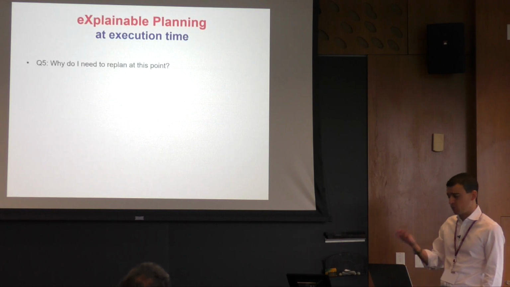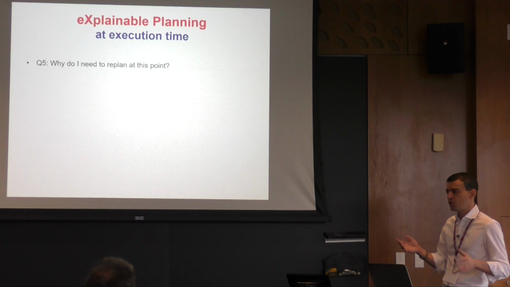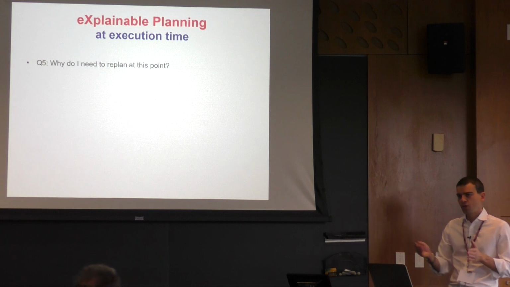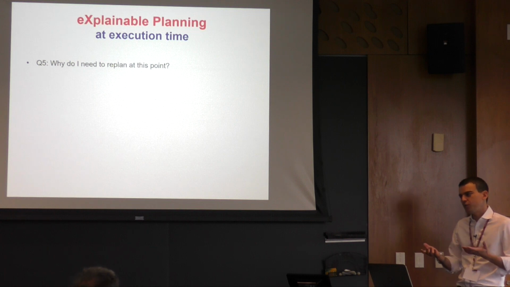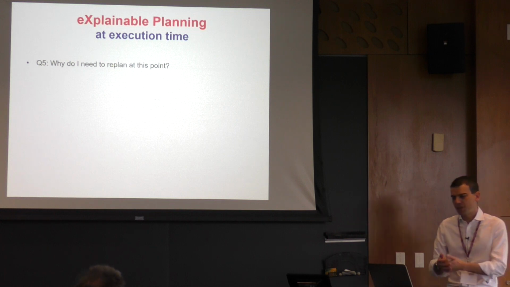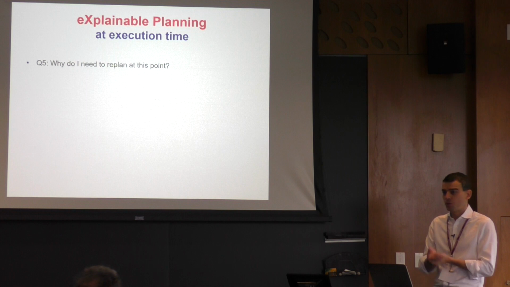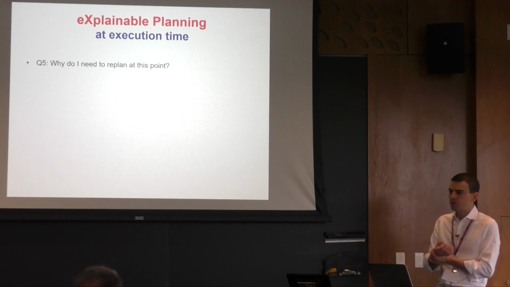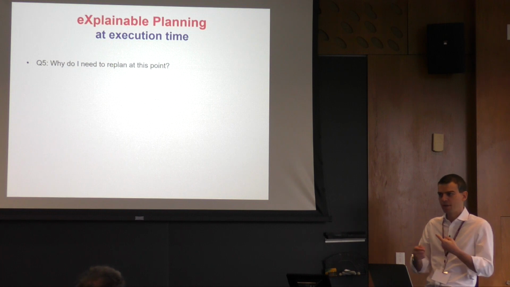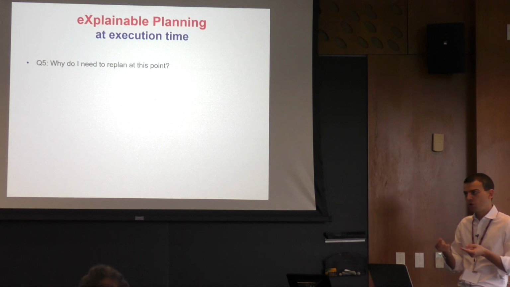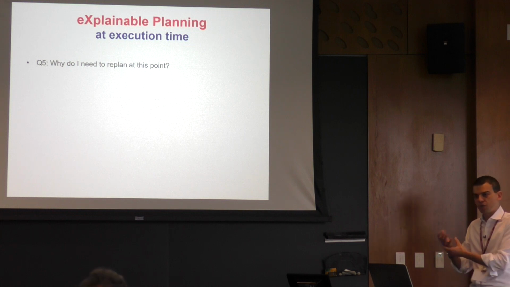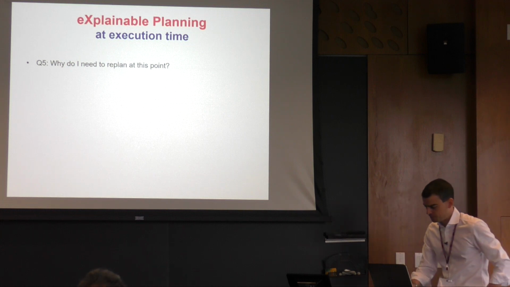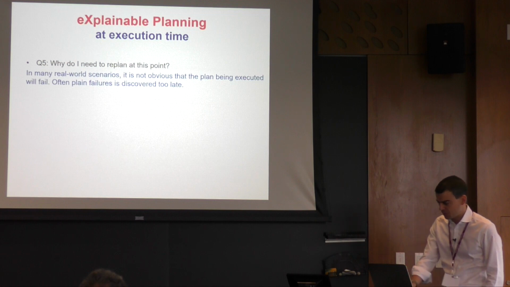Another example at execution time. So the point here is, you have a plan, you execute the plan. During execution, you want a way to understand whether things are going well or you need to replan. And this is a very important point in robotics and in plan execution, because you don't want to continuously replan, as well as you don't want to discover that you need to replan only when it's too late to actually save the situation. Okay, this is what I just said.